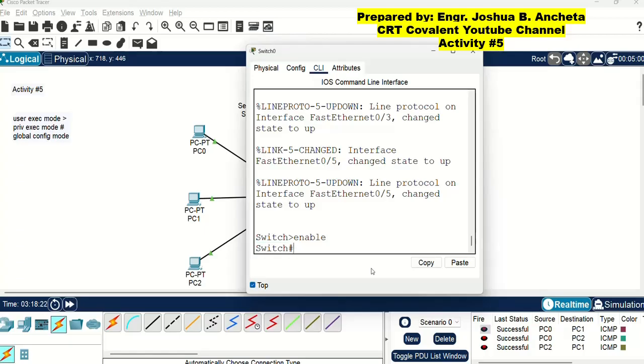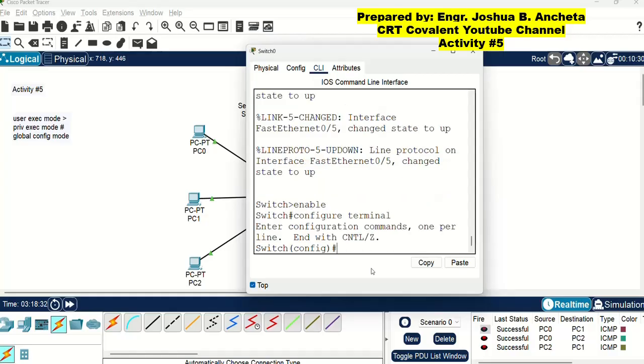Then to go to global configuration mode, you have to type configure terminal, then press enter. So you can see the changes. There is a word config, then after that, the number sign symbol.